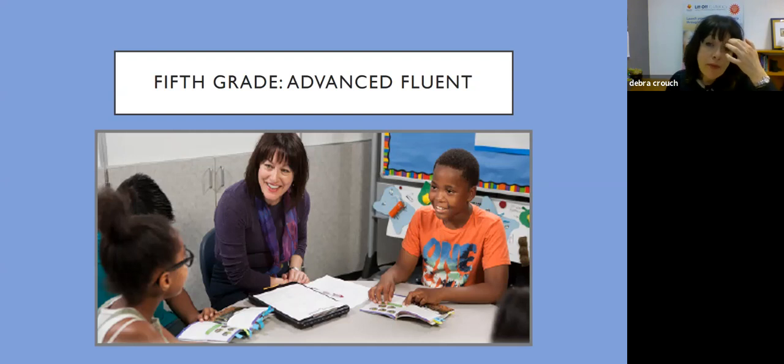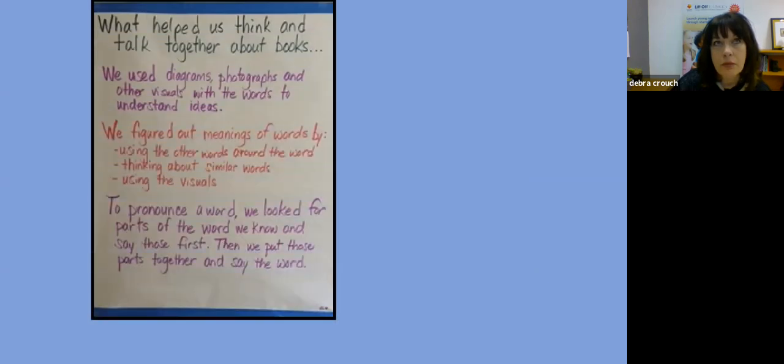So I want to show you how this looks with older kids too. So you're going to meet some fifth graders here. They are the advanced fluent readers. So on the reading development chart, they're the kids that are in that final column. So they're reading in a text that is, I think this is a level T. So the week before we videoed with this group of kids, I did some work with them,